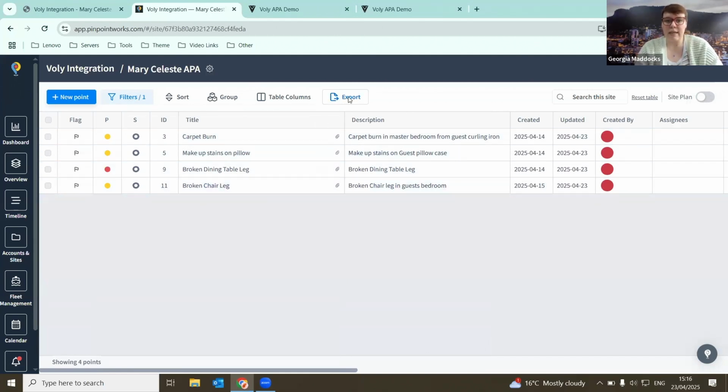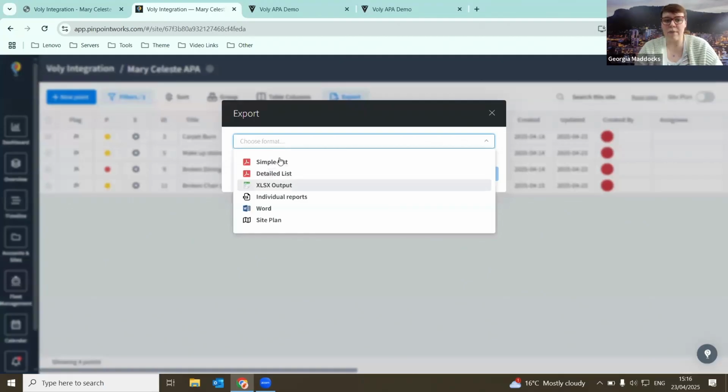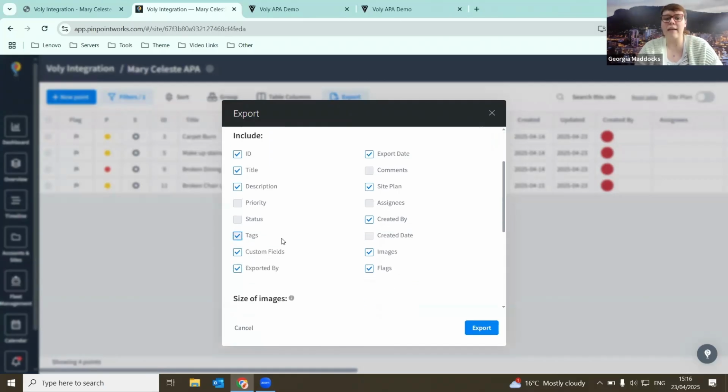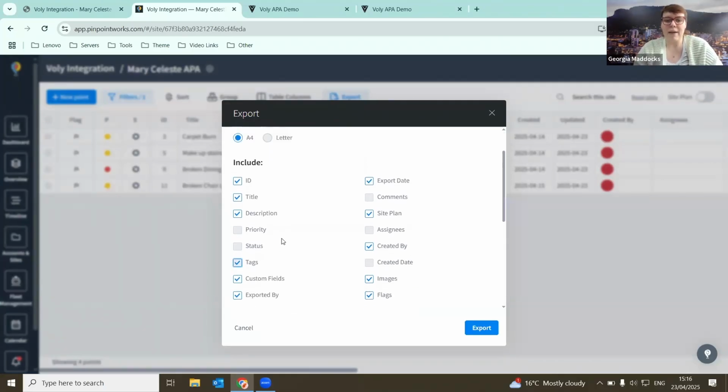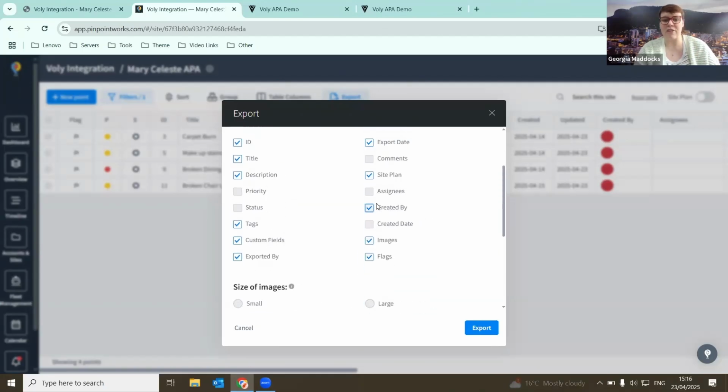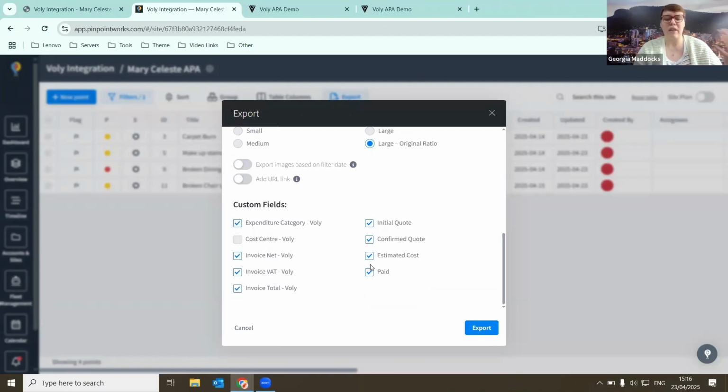So then if I was to click export, we can choose our format. And you can see here that we've got the PDF logo, and I'm going to choose my detailed list. And then I can decide what information is going to be shared with the client. So maybe I don't want them to see specific quotes. Maybe I don't want them to see the initial quote, just a confirmed one. They don't need to see the estimated cost. You can go along and you can untick, and that information would then be removed from the report you're exporting